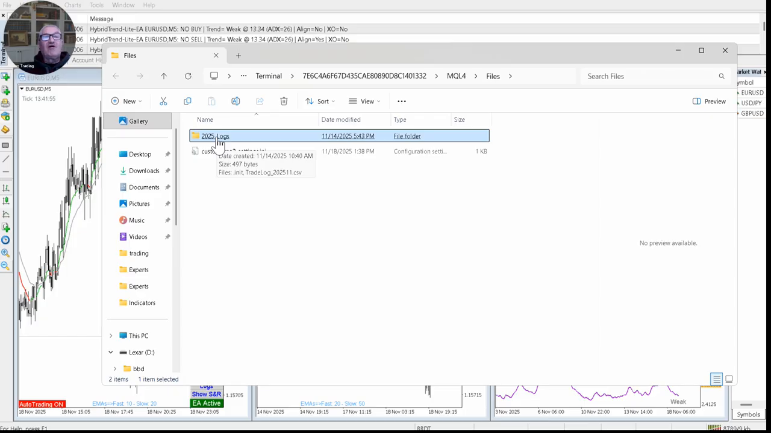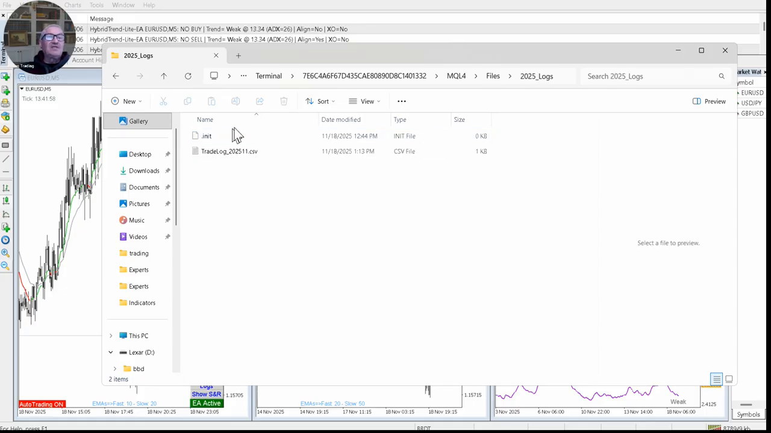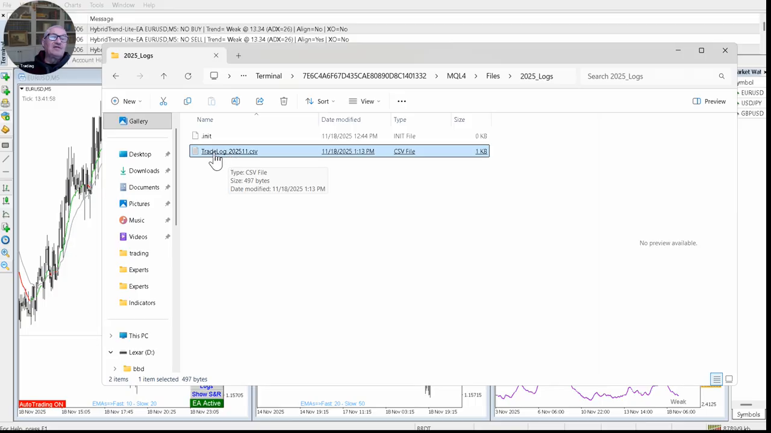So it creates a log file, and next year the new folder will be 2026_logs. I click on this, and within it, it will now create an actual trade log per month. We are right now in November, which is month 11. Hence, we have trade log 2025-11.csv. When December begins, if there are any signals that need to be logged, it will create a new log